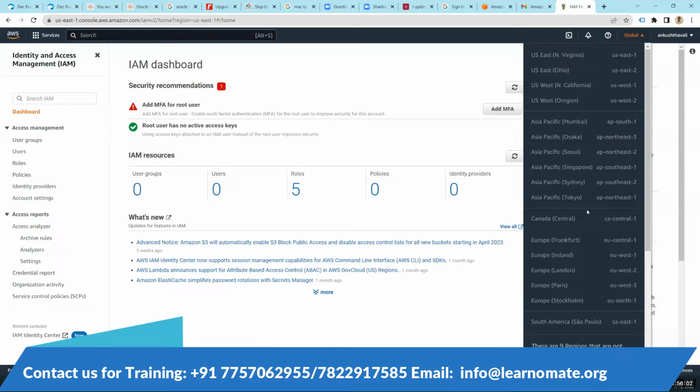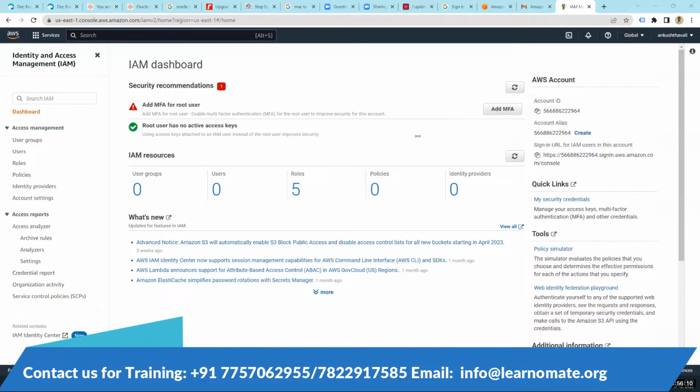If I'm creating a user, it needs to be stored somewhere. Then in which region is it stored? It is stored in the US Eastern region. This is the backend. Okay. So that is about the global region. It operates in the US Eastern region and you cannot change it to a specific region.